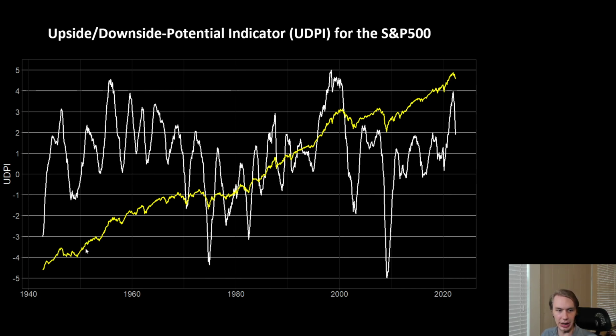You'll see that you'll get this steady up and then just big explosions to the downside that happen every once in a while. These big crash events that really tank the price, and then steady slow moves to the upside. And that's partially why we see a UDPI signature that looks like this relative to what we're used to seeing in crypto. In crypto, the UDPI will tend to spend a lot of its time down at 0 or below 0 with just big parabolic moves to the upside, spiking the risk level. The stock market is actually a bit of the opposite, where we're spending a lot of the time in these higher risk levels above 0 with bigger pushes back down below, this explosive volatility